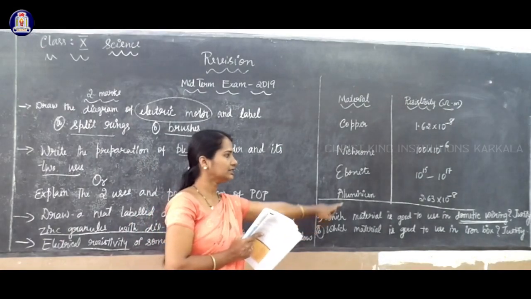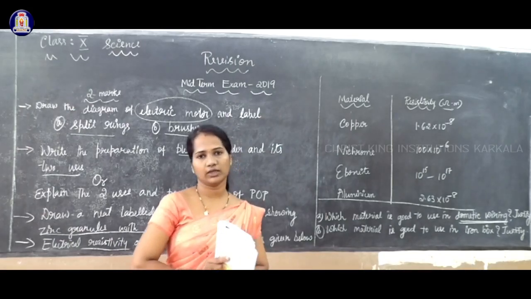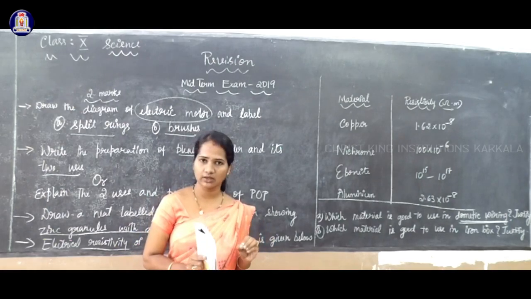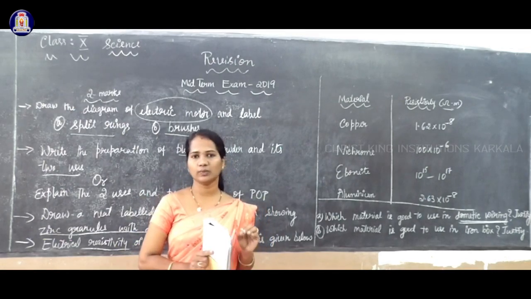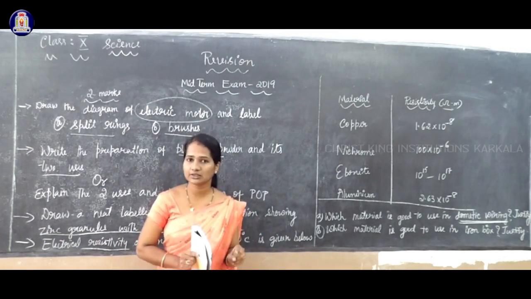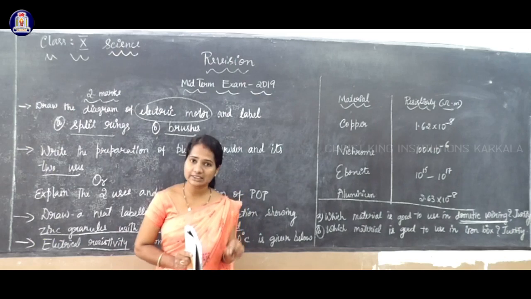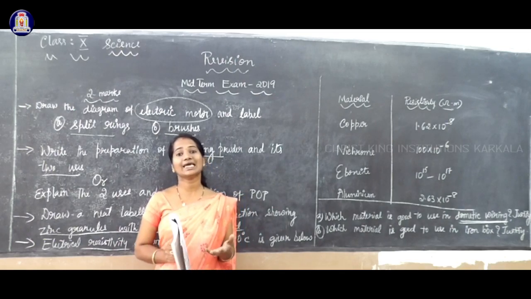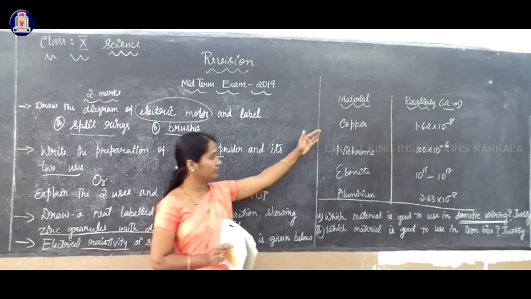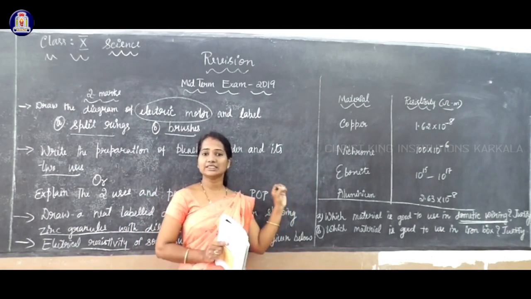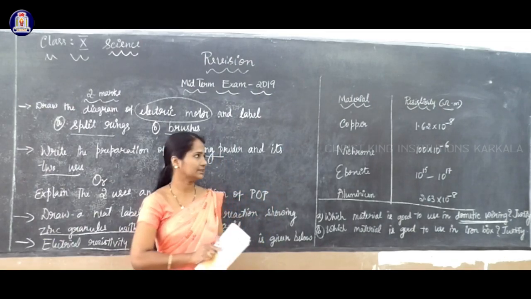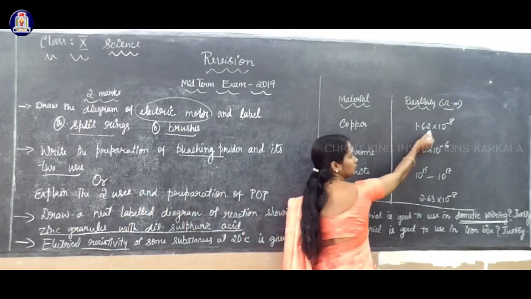Which material is good to use in the domestic wiring? For wiring purposes, we select a material whose resistivity should be less. If the resistivity is less, resistance is also less, so its conductivity will be more and it can conduct more current. From the given 4 options, which has the least resistivity? The least resistivity is 1.62 into 10 to the power minus